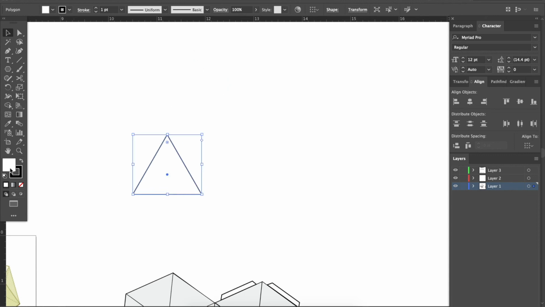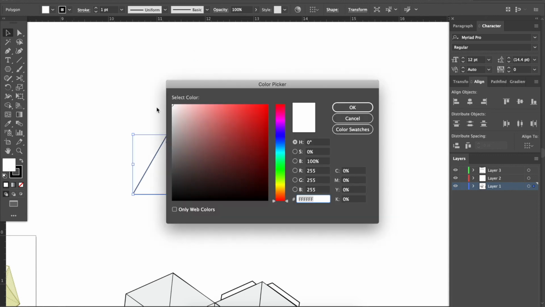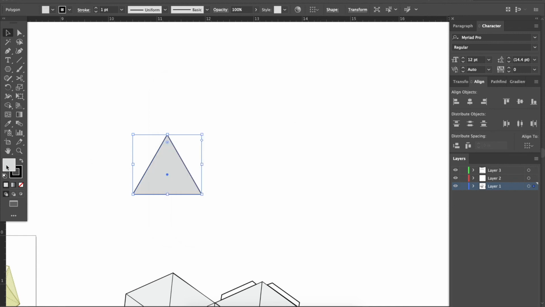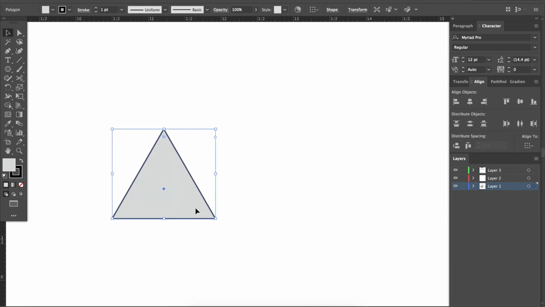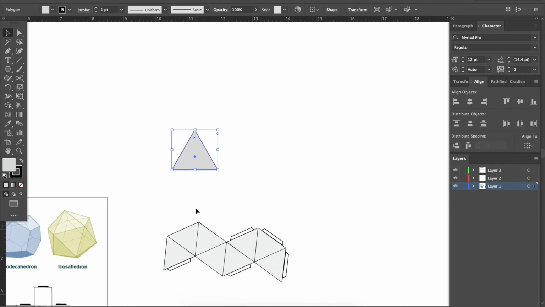I'm also going to give it a light gray fill, so that it's a little bit easier for me to see what's going on. As long as I have my fill selected here, I can double click that and change the color fairly easily. This isn't probably the final color, but it's just going to help me see through the design and work through it. Now, if you pay attention carefully to the repeating pattern that lives in this design,